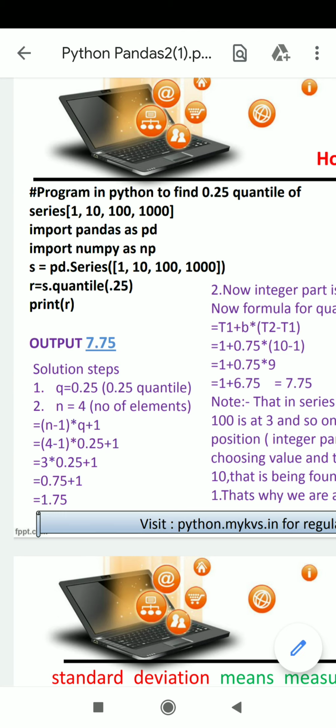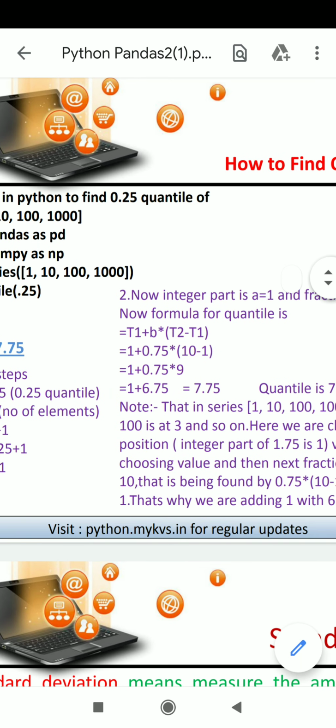We just have to know some variables. You must be familiar with them. One variable is q, another is n, and another is t2 and t1.